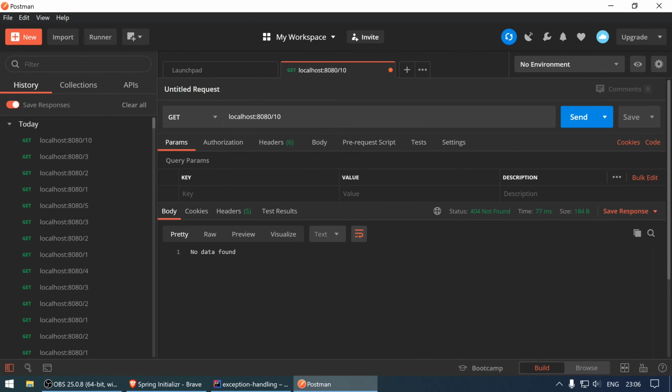We have no data found, and now we see here the status code has changed to 404. Earlier it was 500. This is the status code that we are explicitly returning. Okay, then we change this to 20. Okay, so for 20 I think we had